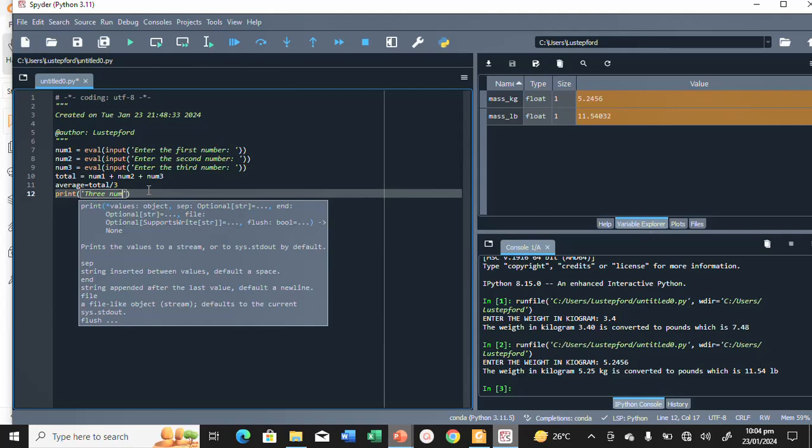Three numbers. Okay, let me just use this other short and easy method, which is comma,